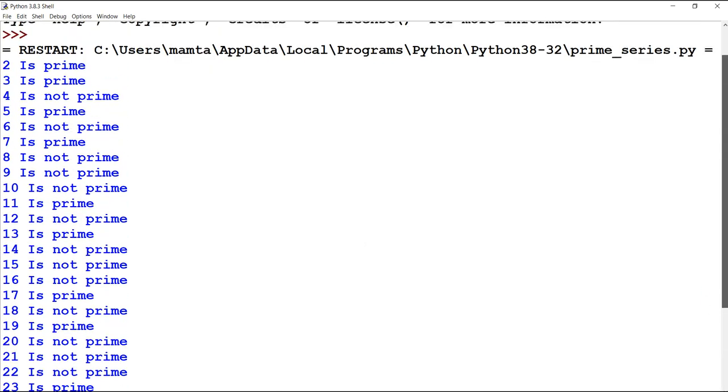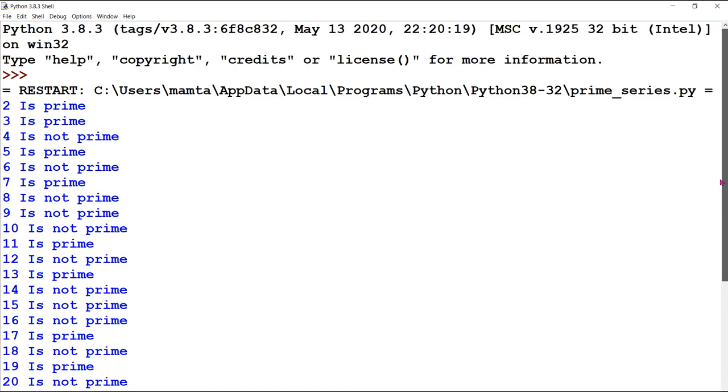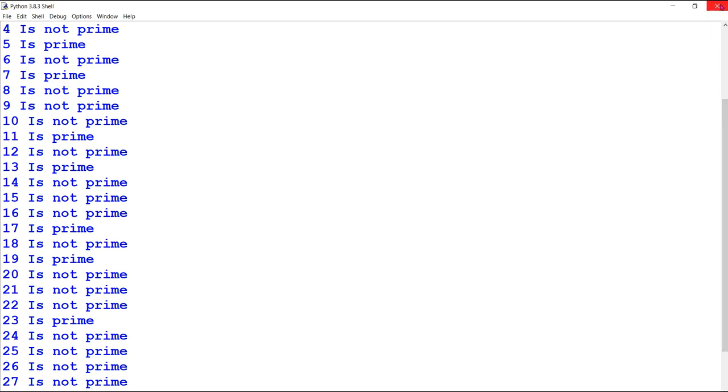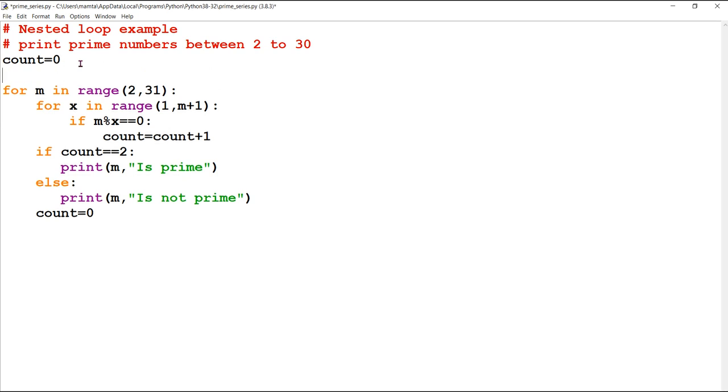So it has started from 2 is prime, 3 is prime, 4 is not prime, 5 is prime, 6 is not prime, 7 is prime, and so on till 30; it has checked from 2 to 30. If you are including 1, you can write a special condition for 1 outside the loop, that if the number is 1, you can print the statement over here. If the number is 1, that is neither prime nor composite. That way you can do.